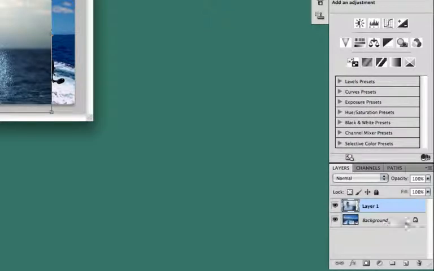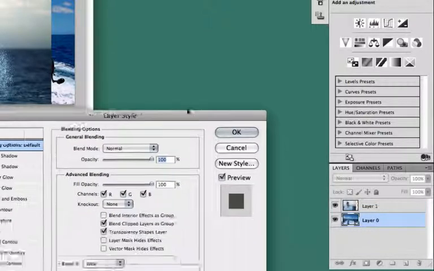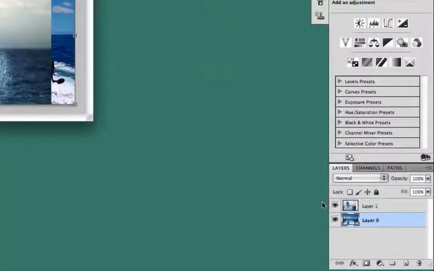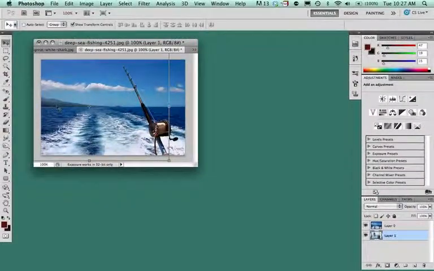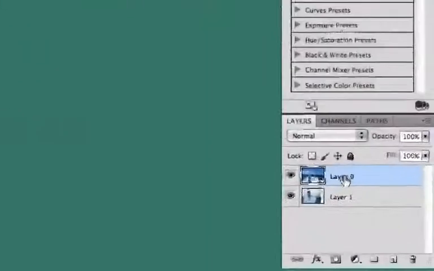However, you'll notice that I can't drag it there, so what I need to do is take the lock and drag it down to the delete button. If I wasn't able to do that, I could click on it here and make it into a layer and click OK. Now I'm going to drag that to the bottom layer so that we no longer see that layer anymore. I'm now going to click on the top layer, which is the image of the ocean